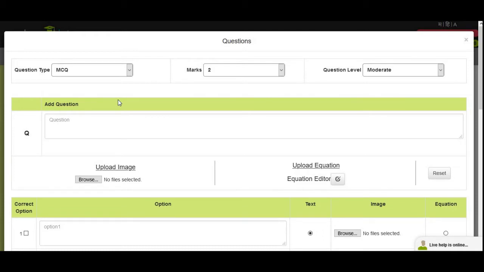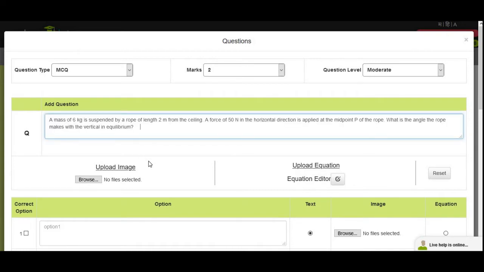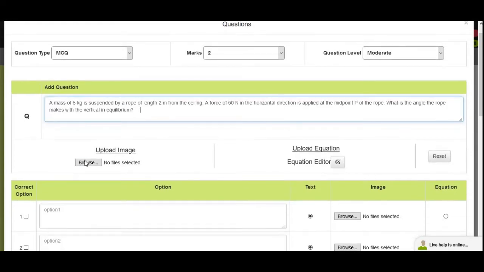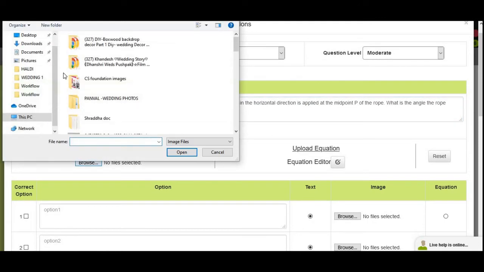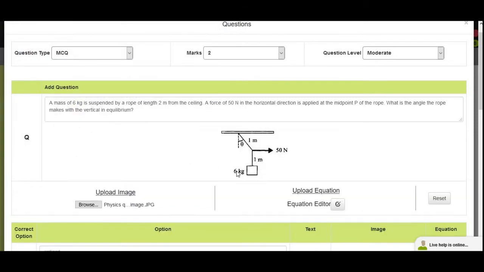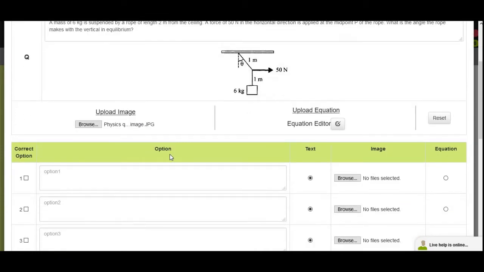I will give you one example. Here, type the question and upload an image for the question. For the options, I am uploading an equation. Click here.